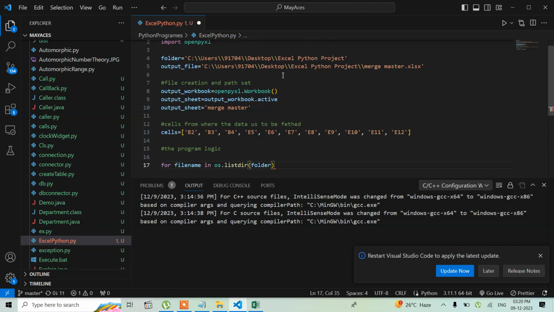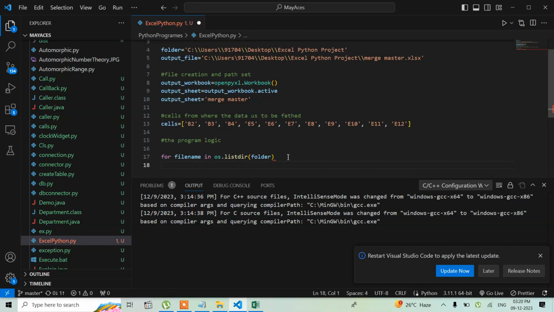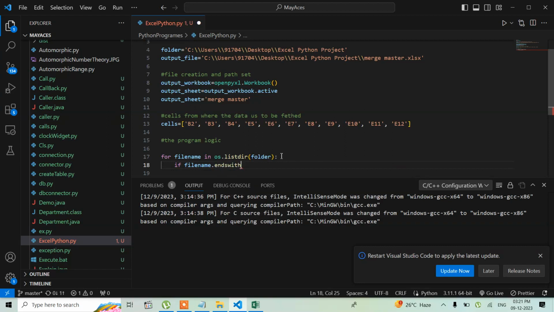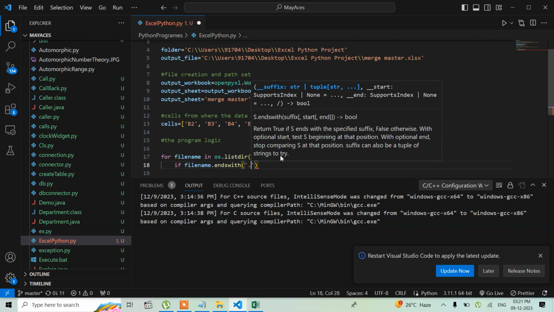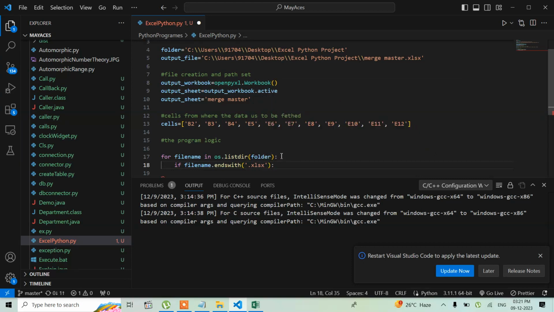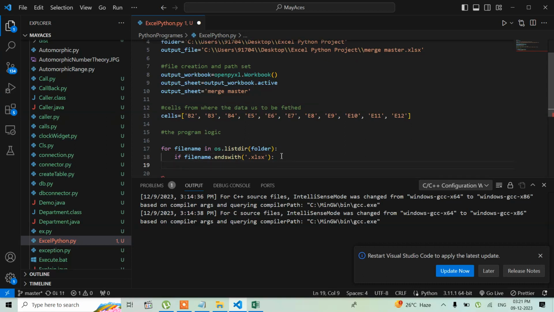So what I am telling basically is that from this particular folder location, list directory, from this folder it would be fetching the file, and it would be fetching only if, so let me give a colon, the file name has an extension, means ends with, and then within quotation we will be writing an extension of .xlsx. So if it finds any file which has an extension ending with .xlsx, only then it would be taking that